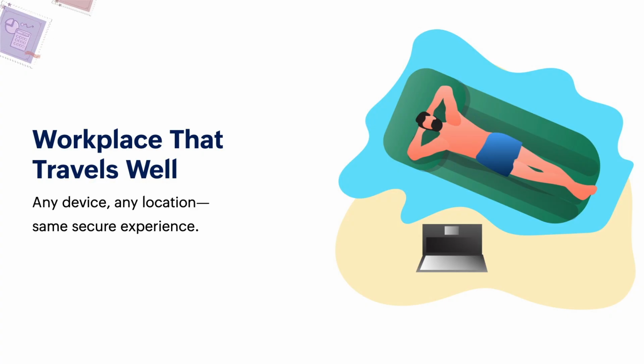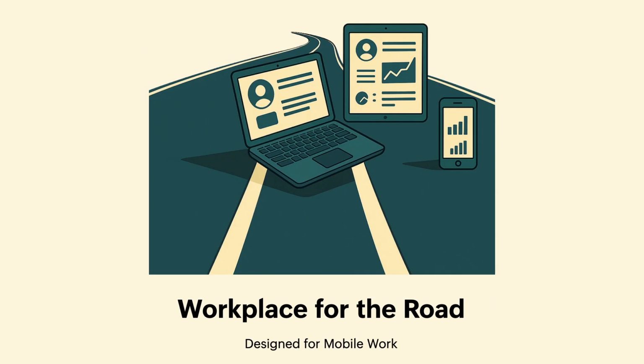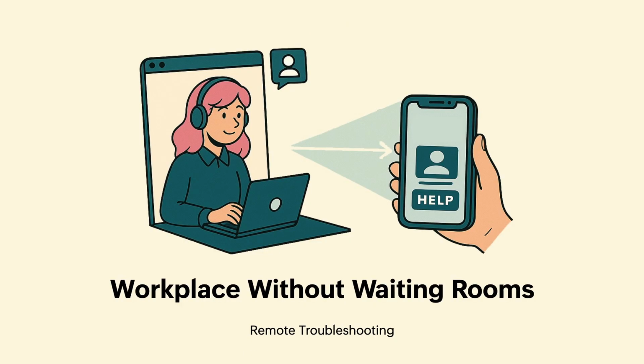The device could be on transit, which is the workplace can be on transit. It could be anywhere in any part of the globe. It could be anywhere on the streets, be it in form of frontline workers, be it in form of employees who are always on the go. The best part, all of these are completely automated. Even troubleshooting them, accessing them is going to be so seamless.